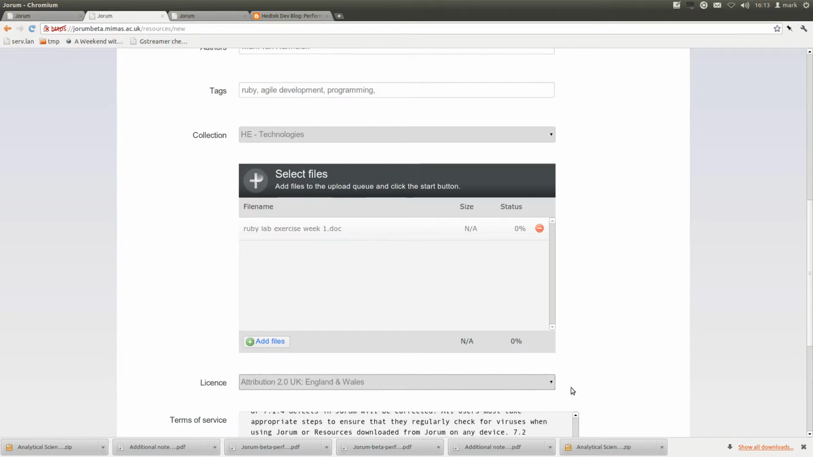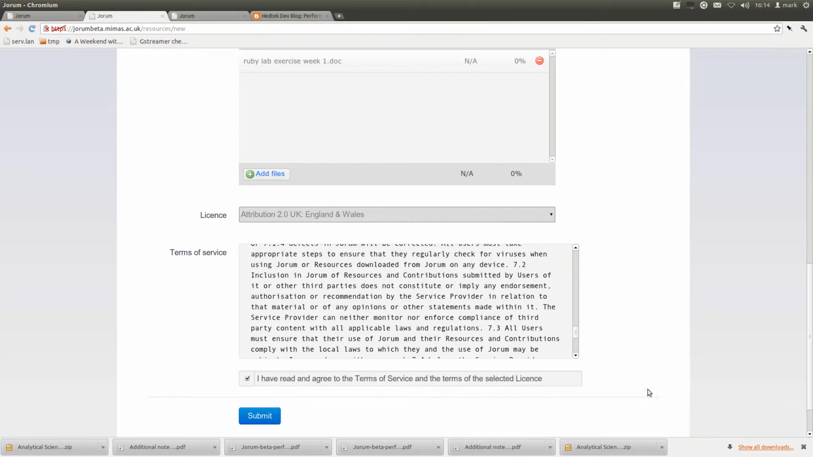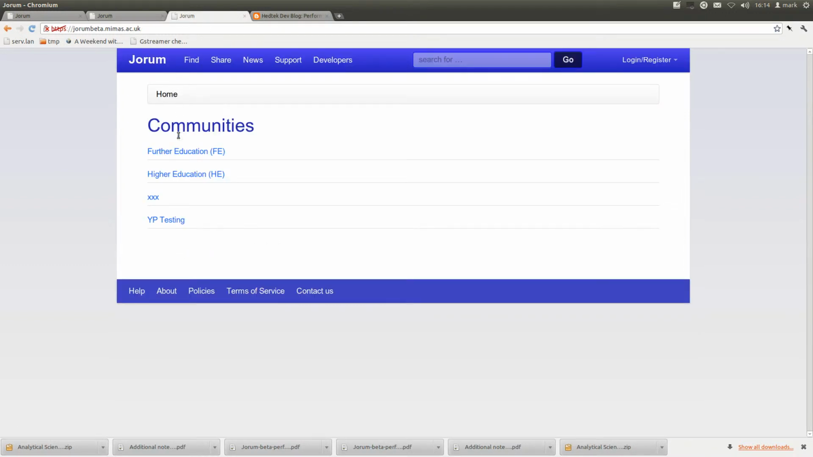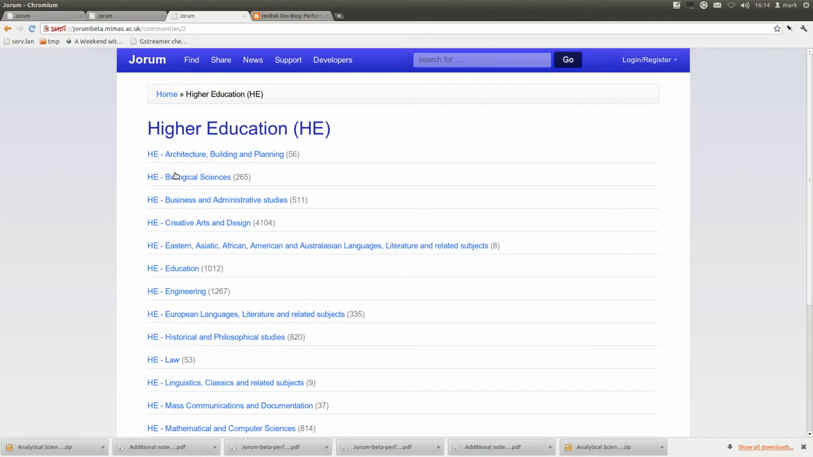It's a Creative Commons license, one of the several which are parameterizable. I've read the terms of service and I've clicked to agree to the terms of service, and I could hit submit to upload this. Browsing around, besides clicking on all those extra links and tags which we provided, you can browse around using the community structure. And here we see that, for example, in architecture, building and planning we have 56 resources,